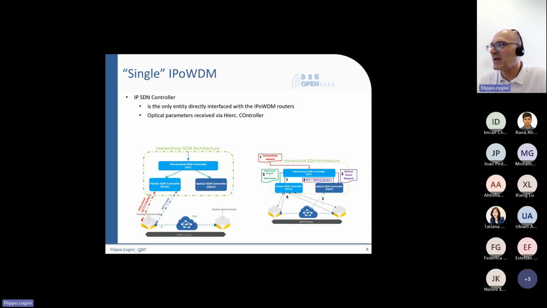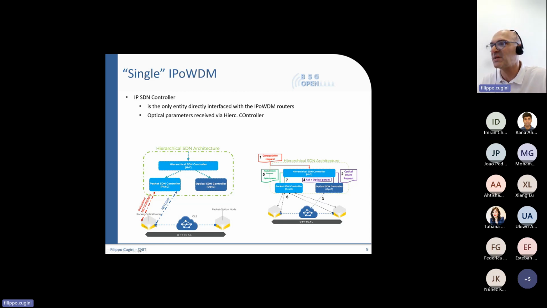However, we don't have to forget that we still need to have the physical connectivity up. So the transceiver here is the one that needs to be configured as well, according to the wavelength, for example, and the specific transmission parameters like the type of modulation and the type of forward error correction.